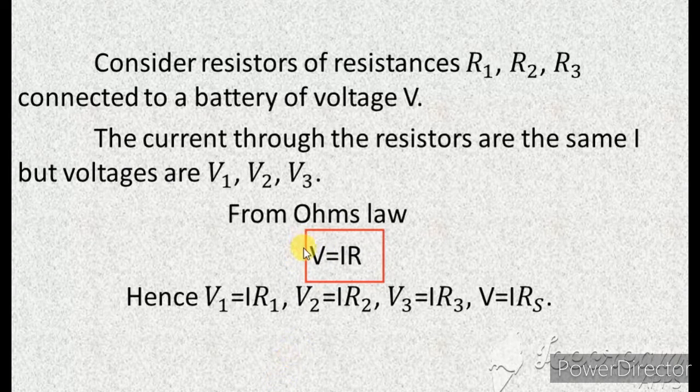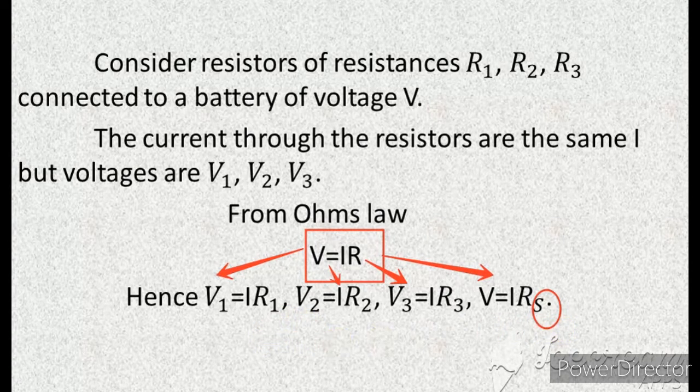Okay. So this V we are writing as V1, V2, V3 and also V4. Instead of V4, we will just write V, that is the total potential. Whenever you are writing V1, this R becomes R1. Then V2, R2, V3, R3, and V you are writing as RS. Why we are writing RS here is because these are resistors in series, and so we are writing the term R of S.